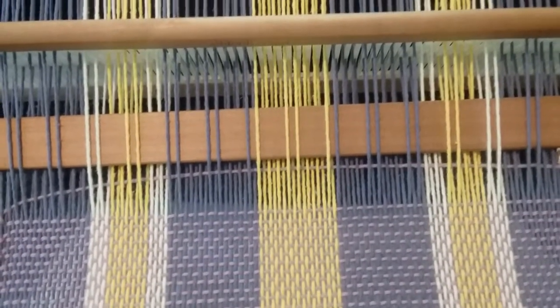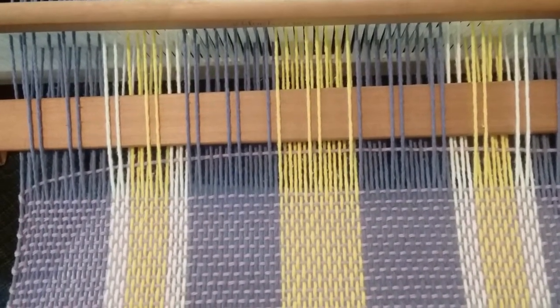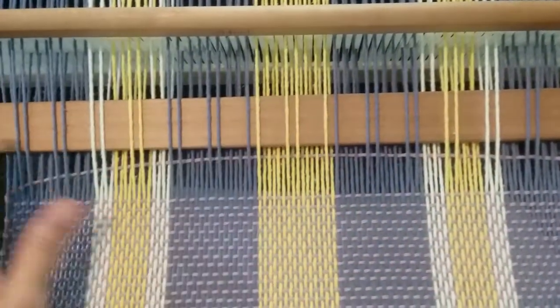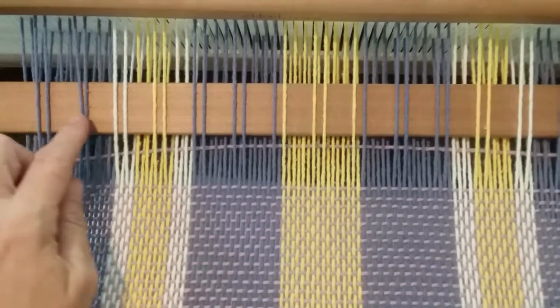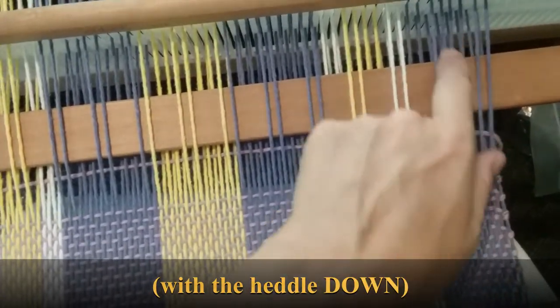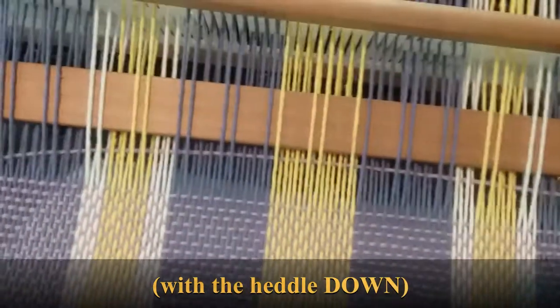In addition, I forgot that I wanted to do a pickup stick pattern on this, and so I'm adding this now. I'm just temporarily using this shuttle to do a pickup pattern of 2 up and 2 down. See, 2 on top of the shuttle, 2 below, okay? And then